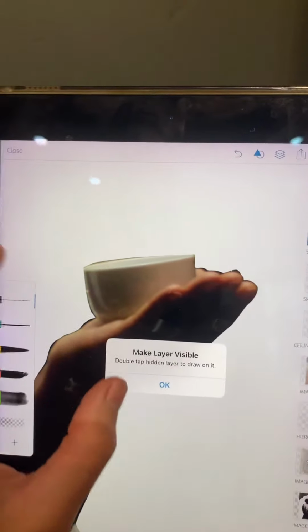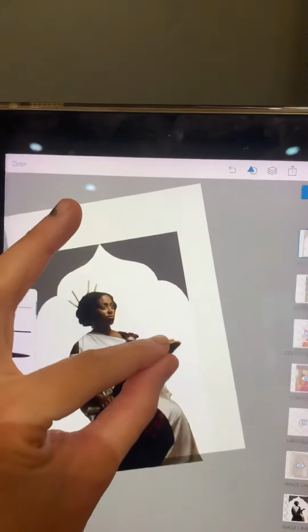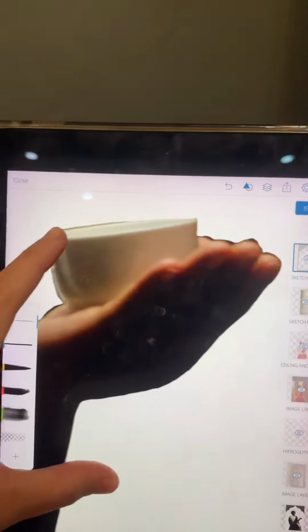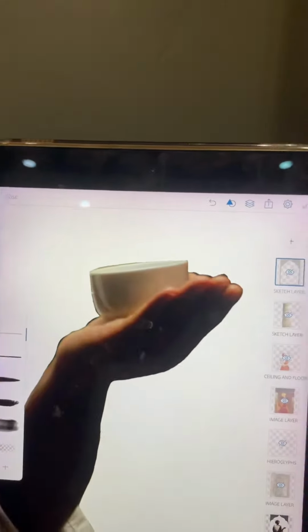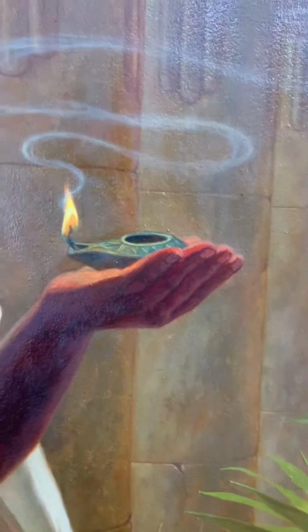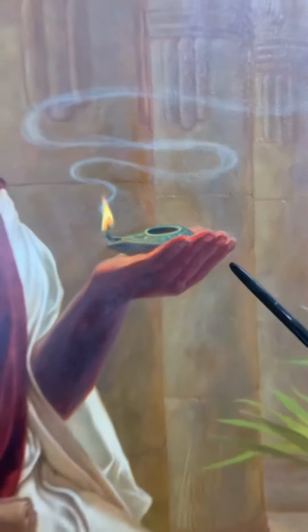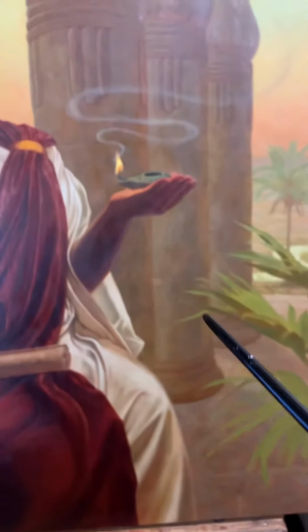So here, I have my reference image of a hand, and since it was part of a larger image, there's not a lot of information there. It's basically just a black blob with a few hints of where the fingertips are. So if we come over to here, what I'm painting, it's not quite done yet, but as you can see, I've fleshed out a lot more of the anatomical details, and that's because in this imaginary space that I'm creating,